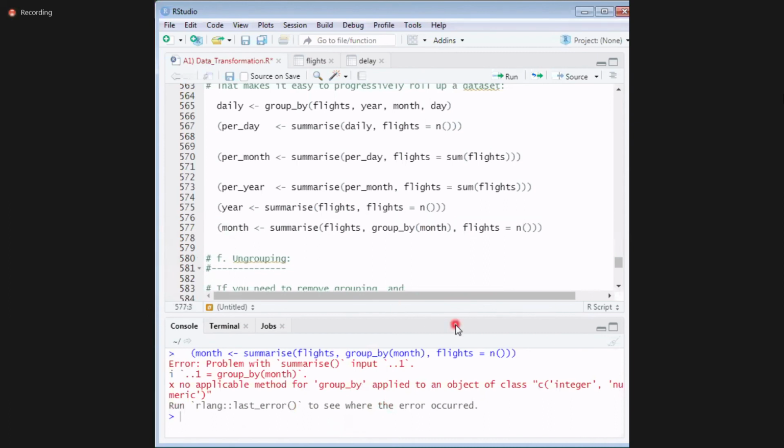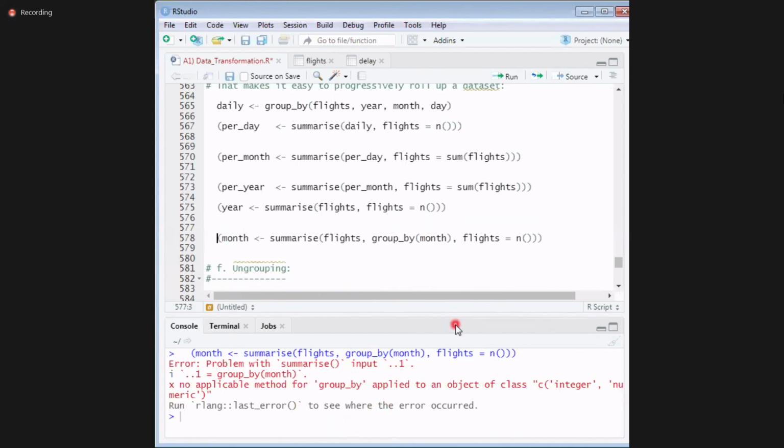Why is it not working? Tell me. I can't use group by and summarize.